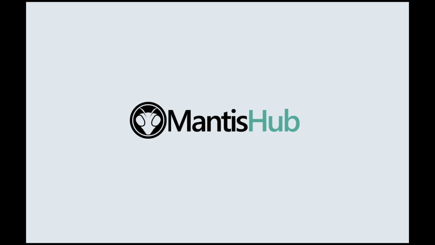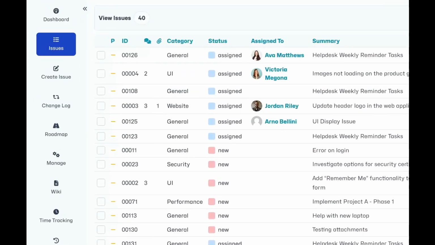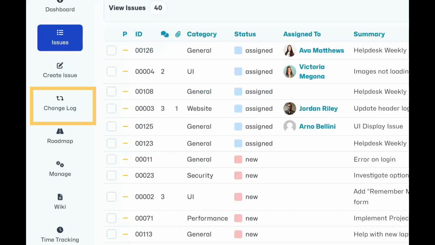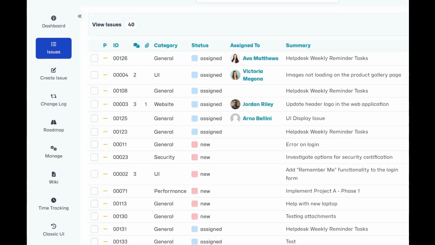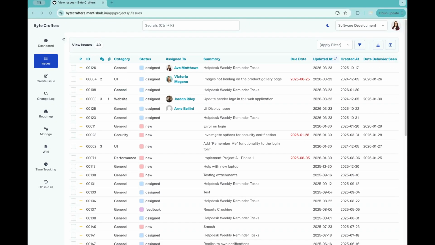Okay, today we're going to talk about the Changelog feature in MantisHub. This is part of our project management toolset and it's related to your project versions. So what it will do is it will show issues that have been resolved within a specific version or release